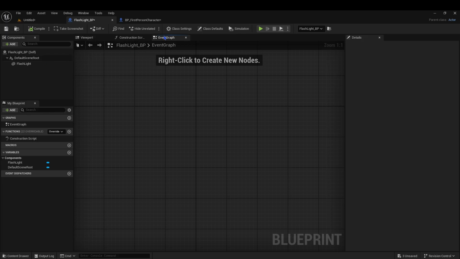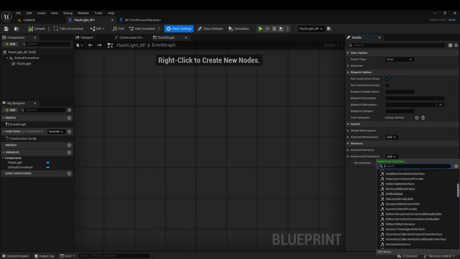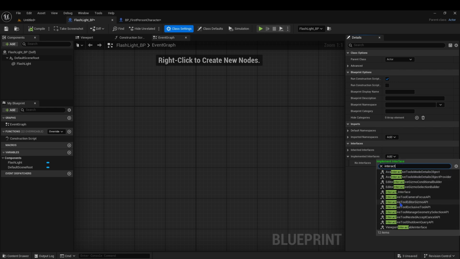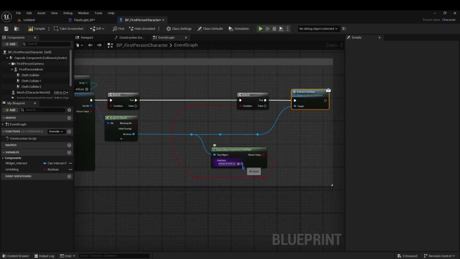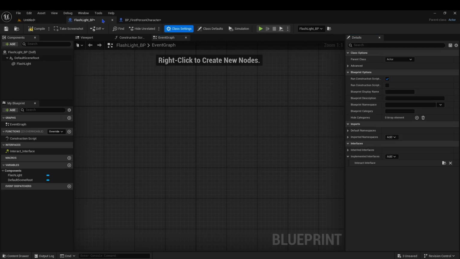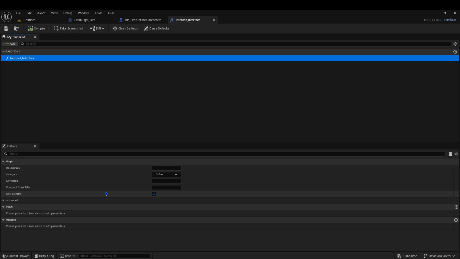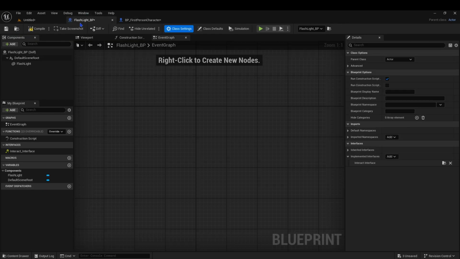and let's go to our class settings, and we can add in our interact interface. Let's make sure it's the right one. This one, I think that's right. Yeah, it's the right one. Okay, so now that we have that set up,